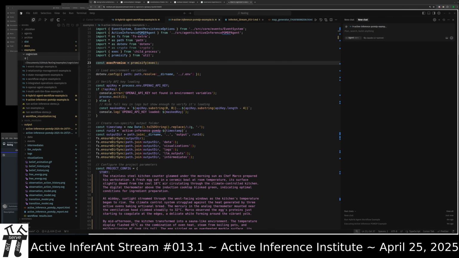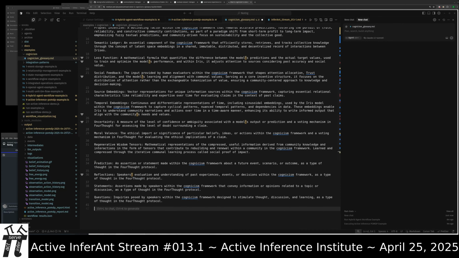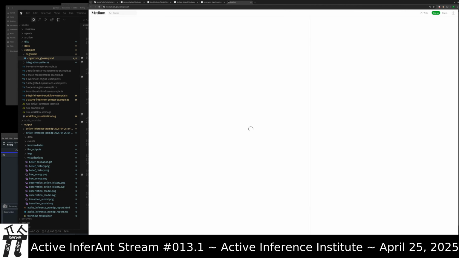So, making a new folder, cognitism, glossary.md. Let's see if there's any other blog posts that might be useful.